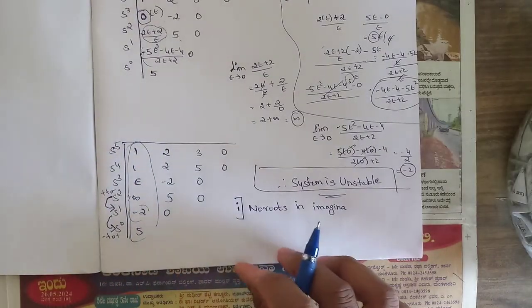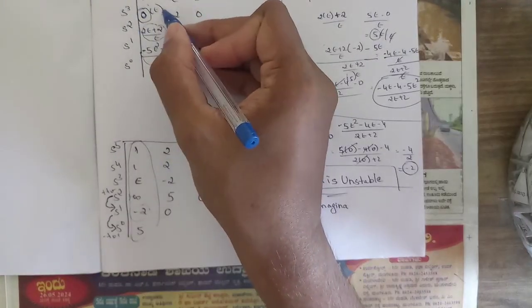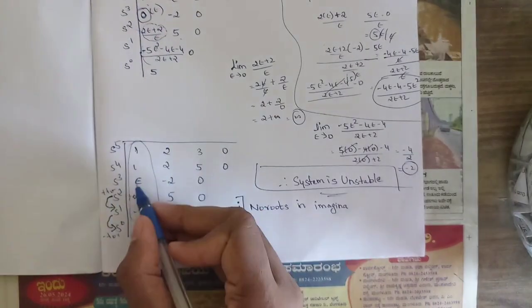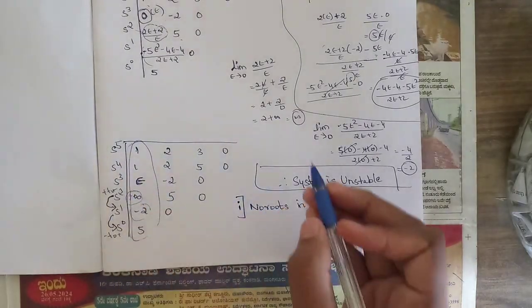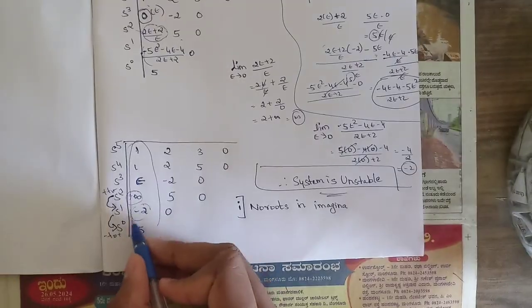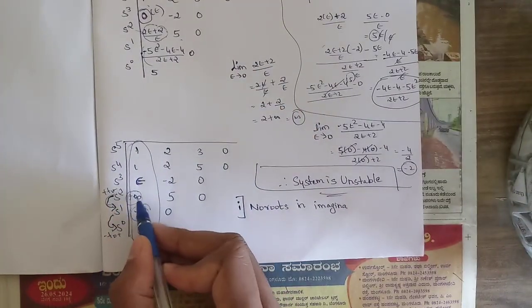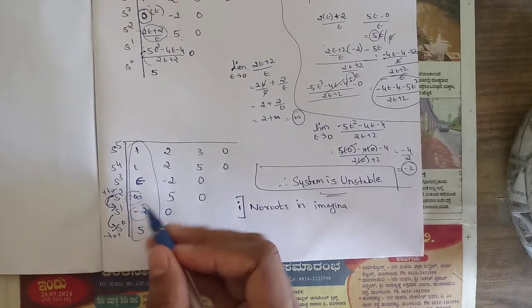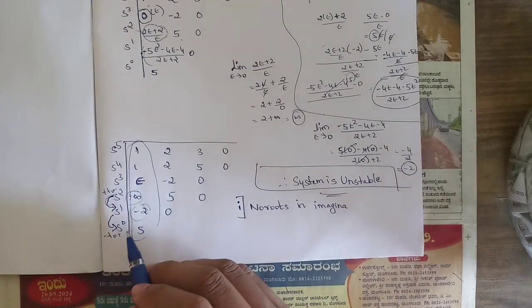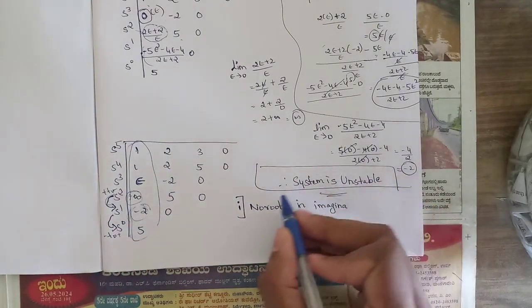So here the sign changes are, you can see here, so wherever this is 0, right, so we have replaced 0 by epsilon, so in place of 0 we need to be writing epsilon, okay, here plus infinity, after substituting the limits, here we got minus 2 and 5, so you can see that from plus to minus we have one sign change here, and from minus to plus we have one sign change here, so there are two sign changes in this question, okay, so we can say that the system is unstable, so I have written system is unstable,